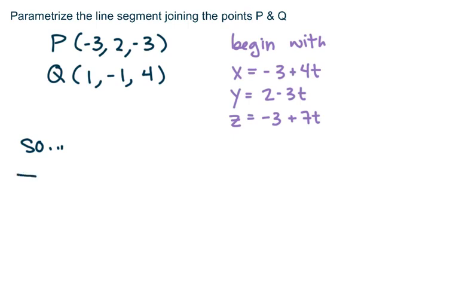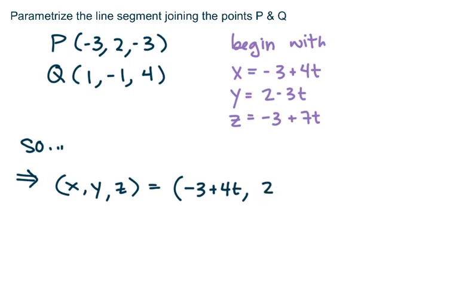That allows me to identify a point x, y, z, with -3 plus 4t for my x, 2 minus 3t for my y, and -3 plus 7t for my z. This passes through point P when t equals 0, and then through point Q